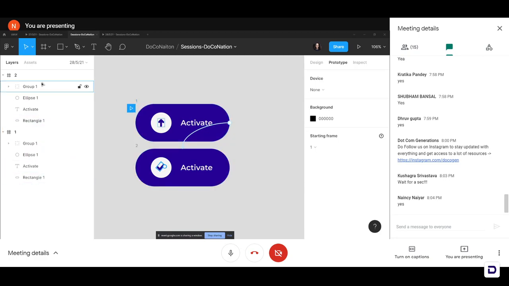Right, to smart animate anything in Figma, the key is having matching layers. So if you use an up arrow icon in the first frame and then you use another icon in the second frame, it won't animate the same way, because it is necessary that the same groups or the same layers are present in each of your frames before you animate it. Right, so that is the key. So remember that and we are good to go.